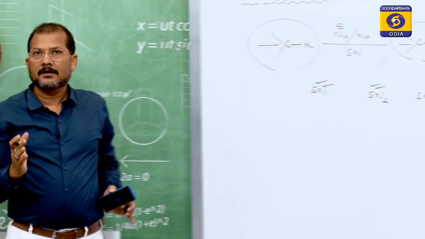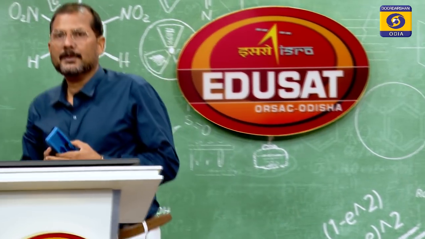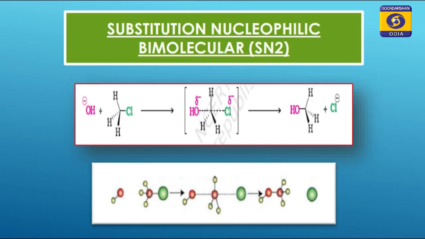Let us go to the slide, look into the screen. We will be seeing a bimolecular nucleophilic substitution reaction. Look here: this is the reactant, methyl chloride, and OH minus is there. We can see this is the slow step. At the slow step there are two species reacting, and this is the intermediate. In the intermediate the C and Cl bond is breaking and the C and OH bond is in a formation stage. This type of intermediate is formed, and now the tetrahedron is reversed as if an umbrella is upside down in presence of strong wind.